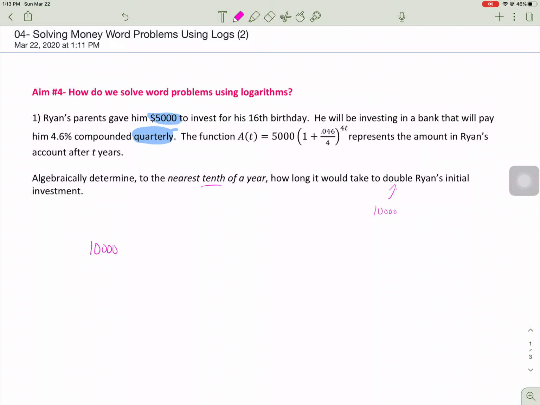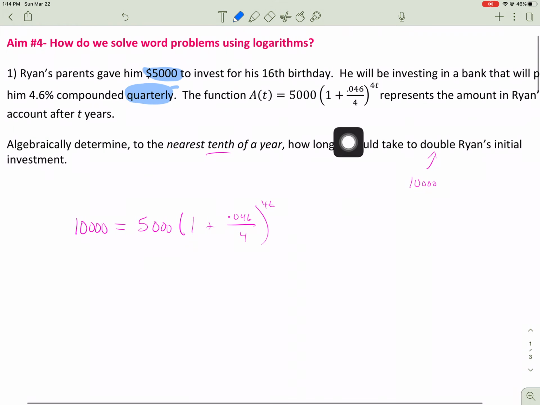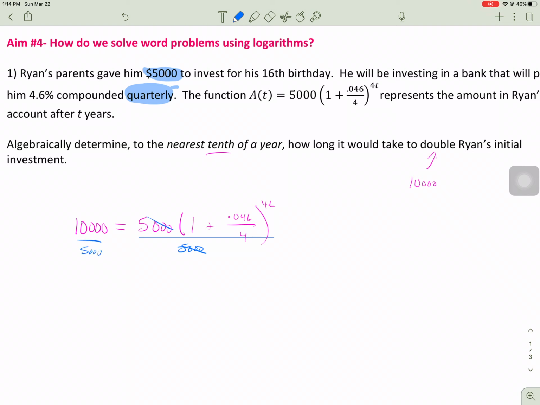So I'm going to say 10,000 equals 5,000 times 1 plus 0.046 over 4, to the 4t. We want to solve this algebraically for t. So basically, we're going to use logs. Anytime you have a variable in the exponent, convert to a log, solve using logs. So first, let's get the term alone. I'm going to divide this whole side by 5,000, and you get 10,000 divided by 5,000 is 2 equals